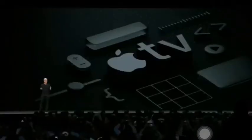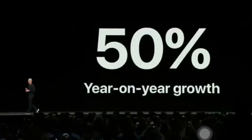Last September, we introduced Apple TV 4K, and our customers love it. Since its introduction, the Apple TV business has grown an incredible